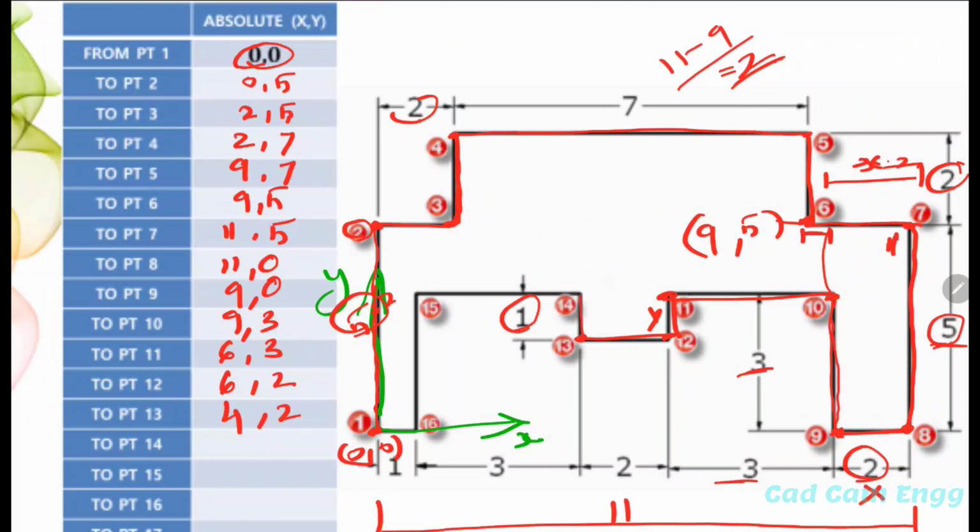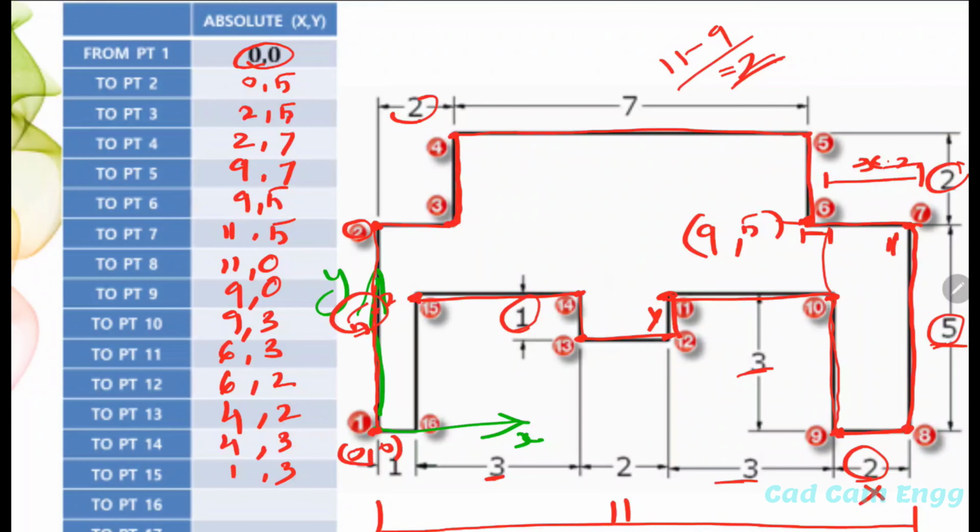Next, point number 14. Now the y-axis again increases. The x-axis is as usual 4 mm, but the y-axis is again increased by 1 mm, so now it is 3. Then point number 14 to 15. Here the x-axis is going to reduce. Already we have 4 mm, now this 3 mm is reduced. It means 1 comma, and the same value in the y-axis, so I put 3.